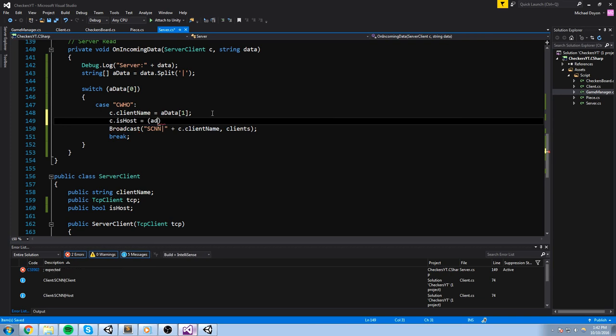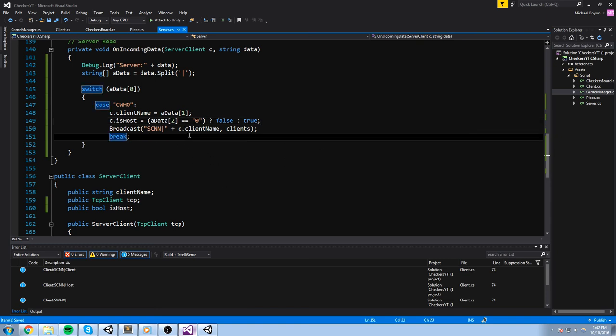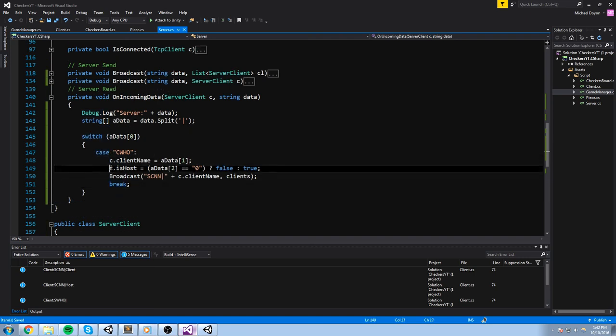So if the data we get, the index 2, is equal to 0, that would mean, well, it's actually a string. So like this, if we get 0, that means it's false, and if we get something else, that would mean it is true. And like this, the server actually knows who is the host now. Okay, but we don't actually need that. This is only for good practice, so we can ask the server who is the host. That would work. But what we really need to do at this point is once we enter our game,